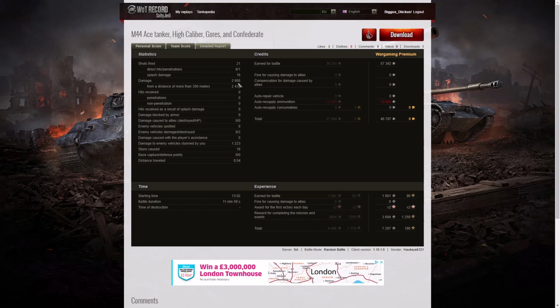Damage of 2,905 hit points, of which 2,436 was at more than 300 meters, so there was some close range shooting in that game. 9 enemy vehicles were damaged, 2 were killed, and 1,223 hit points of stun assist off 16 stuns. He earned 57,392 credits, but after ammunition resupply took away